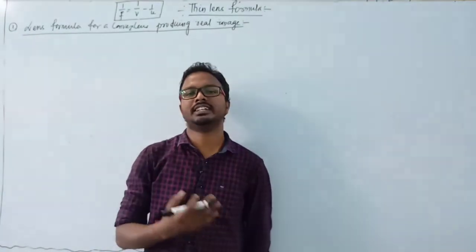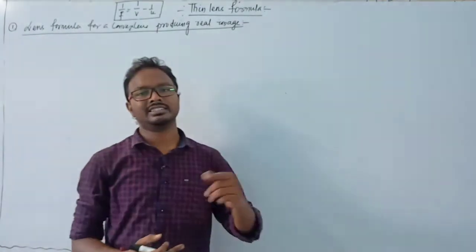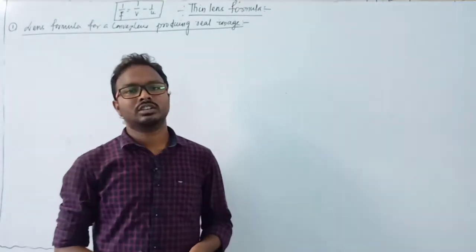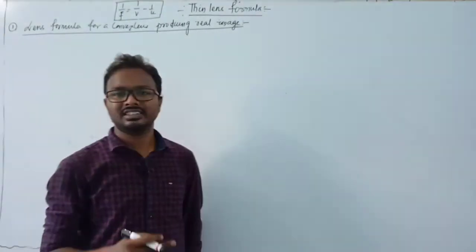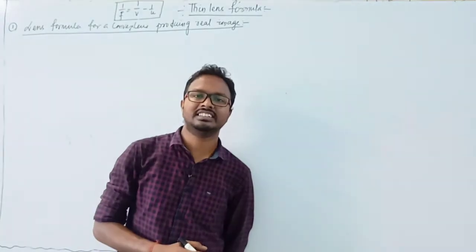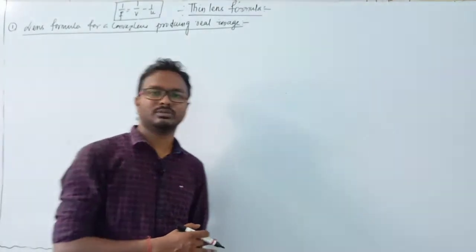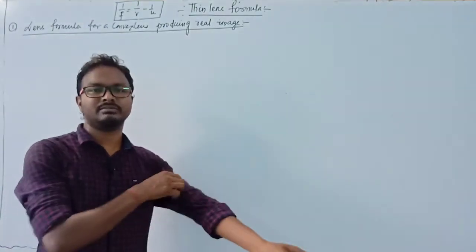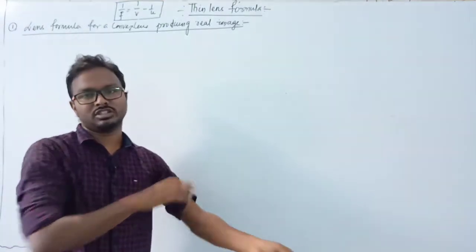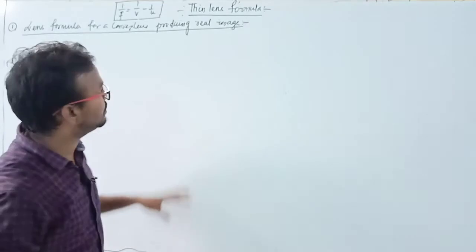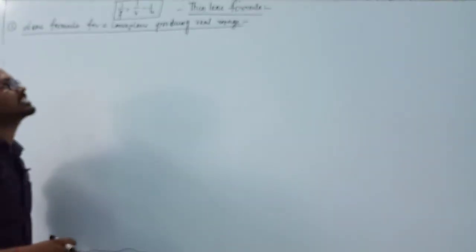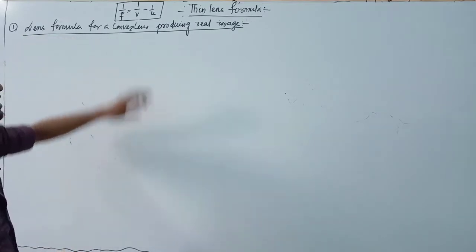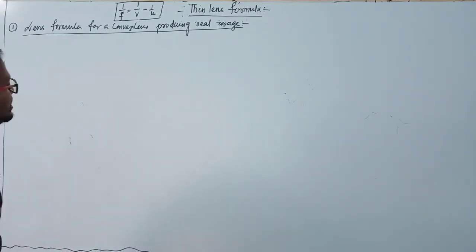If we place the object at infinite distance, then its image forms at the focus. If we take it closer, to 2f distance, then the image will be towards 2f, like this. You can solve different types of problems by this concept, or different types of image formation by taking different positions of the object. Clear? So here we only discuss the thin lens formula. First, the lens formula for a convex lens producing a real image.